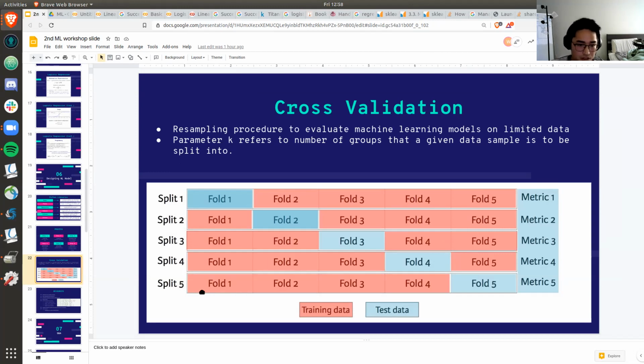So it'll keep doing that through all the different splits, outputting an accuracy value each time. For example, if split 1 is 90%, split 2 is 95%, and so on, above 90%, then you take the sum of all those metrics and divide it by 5, and you get the average accuracy value. So in that case, it could be more than 90%.